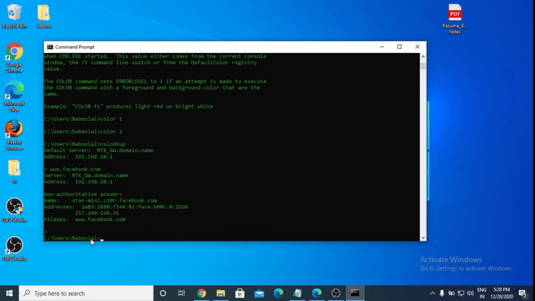The next command is the tracert command. If you want to trace how your request goes from source to destination, how it goes from your system to the server, you can type tracert and the IP, like I am typing this IP.